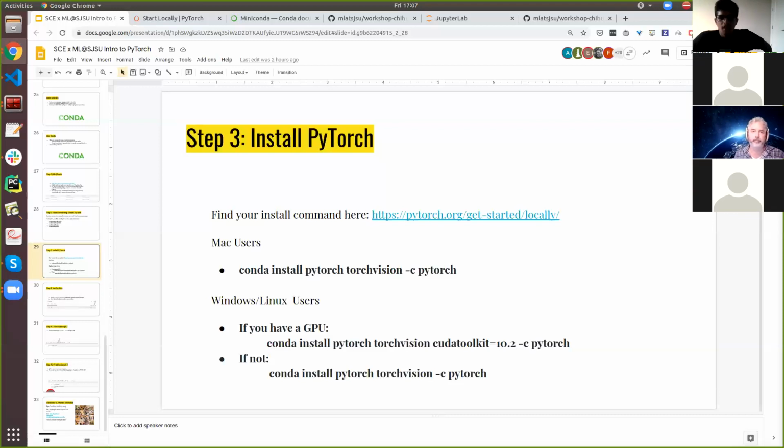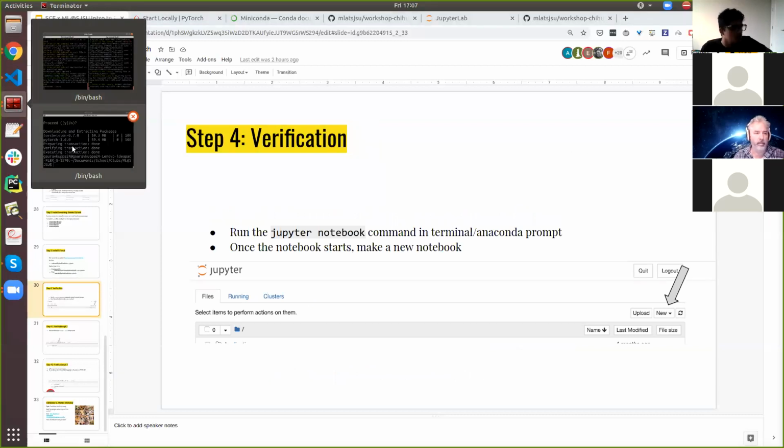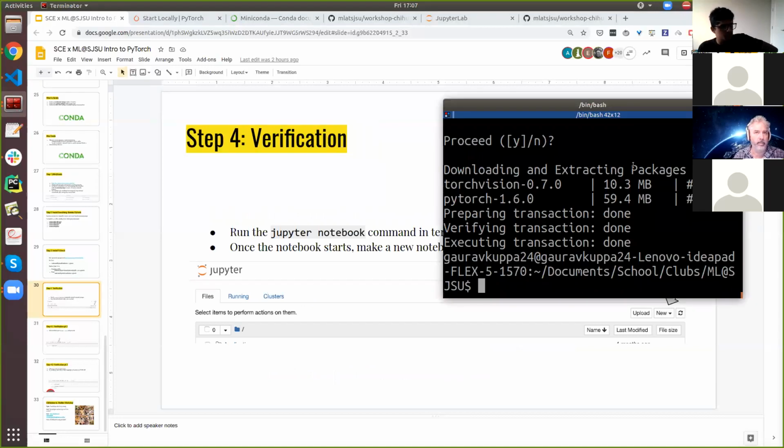Very smooth, cool. All right, so let's move to the next step. If you're a little behind, you can go ahead and just view the slides and copy paste the commands. Okay, so now if you have everything installed,